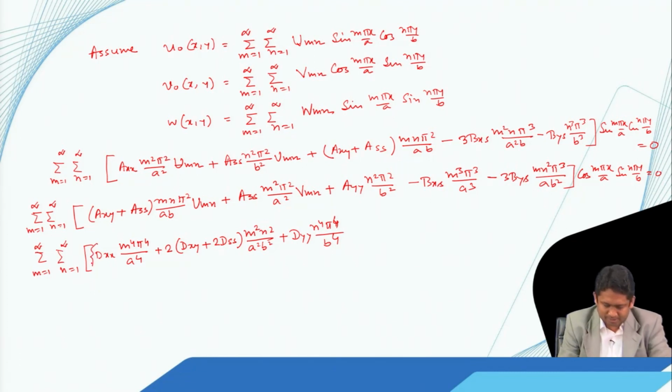So this entire thing is multiplied by wmn, and then we have